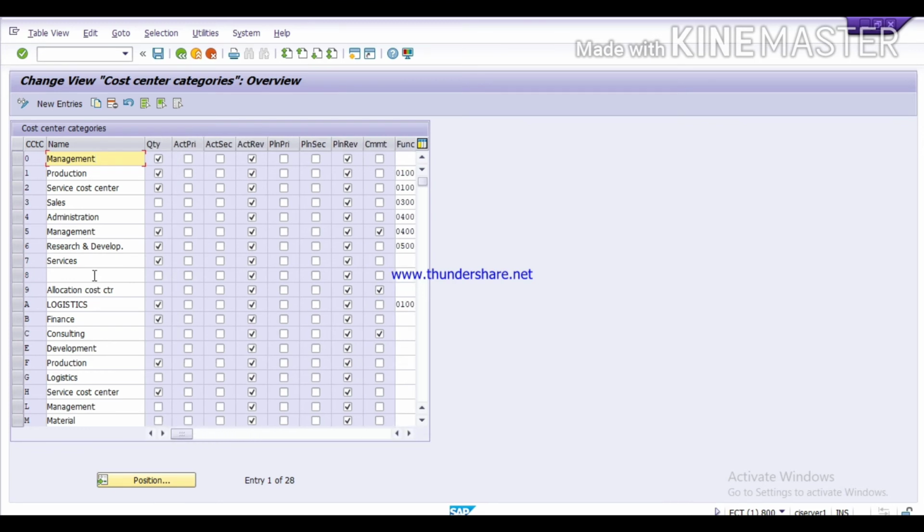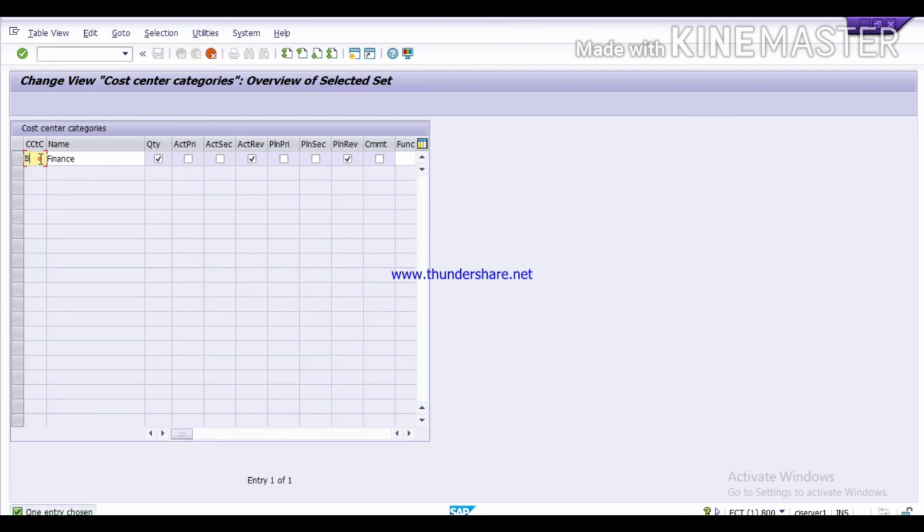And these are the categories. You have to choose in which category you are going to define your cost center. If you want to create a new category, you can. Like I want to create a new category for finance, so I will just copy this finance, click on copy as, and here you can change the name of your cost center category.